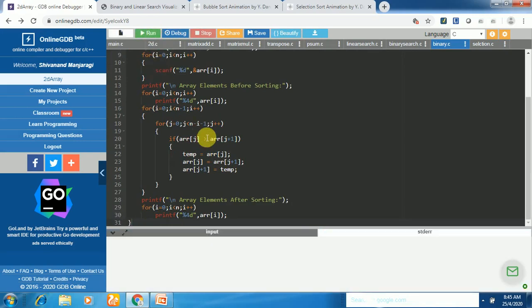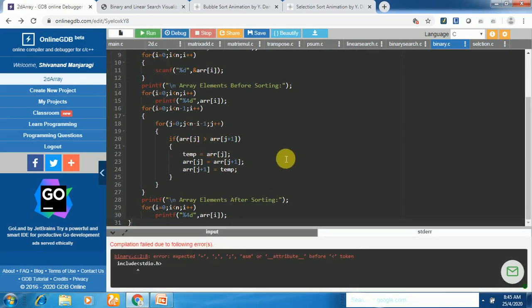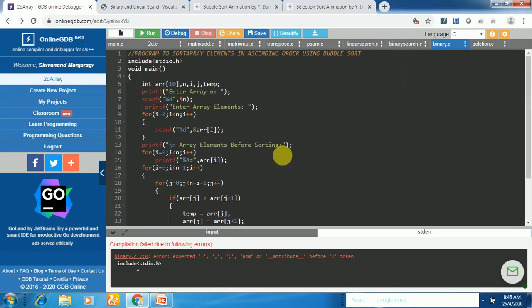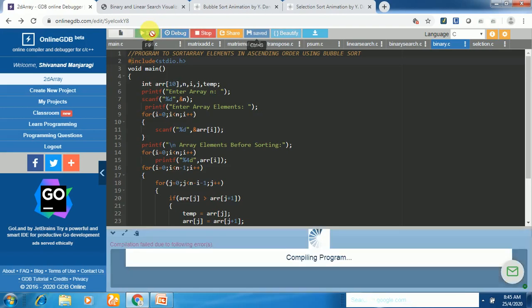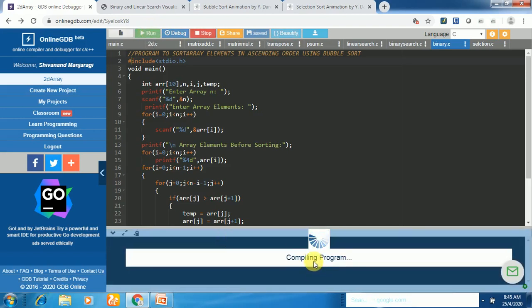Let us run the program. So the hash has been removed here. Let us put the hash back, save the changes, and run the program. The program is compiled.